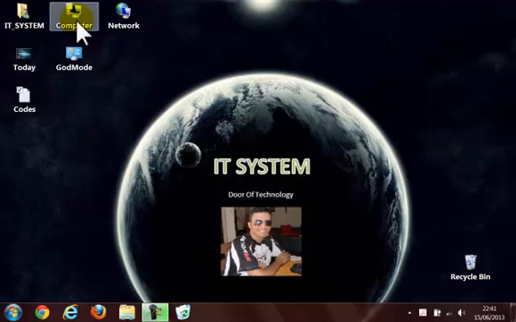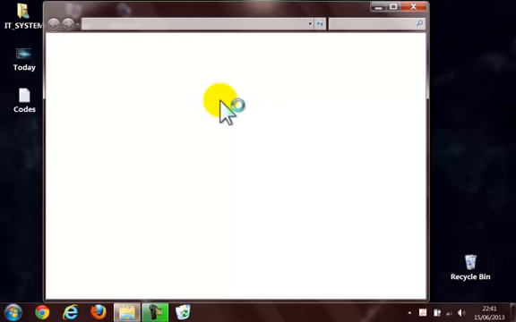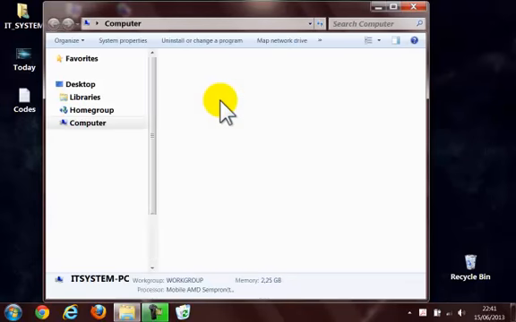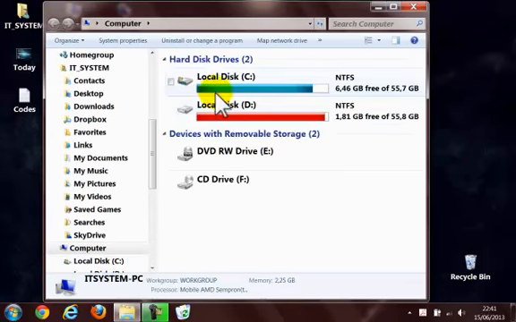That utility is very handy. It's in Windows 7, Windows Vista, Windows XP. But if you don't know it, I will show you where to find it and how to run it. Just go to My Computer and go to the hard drive, right click,